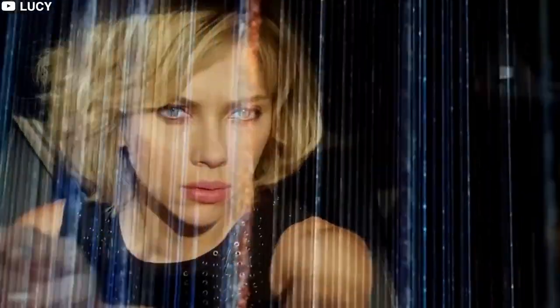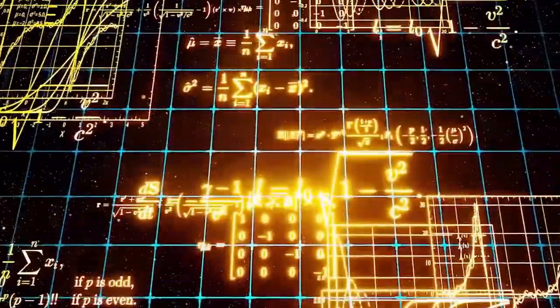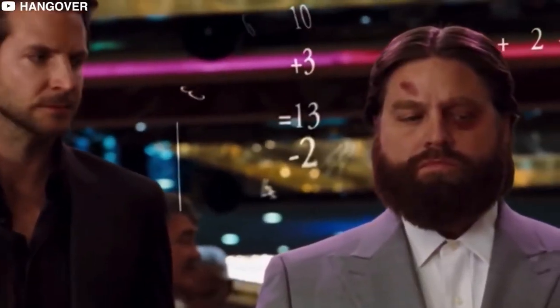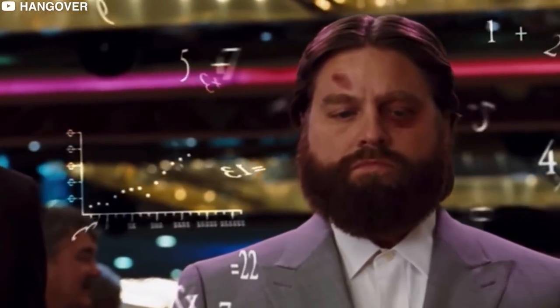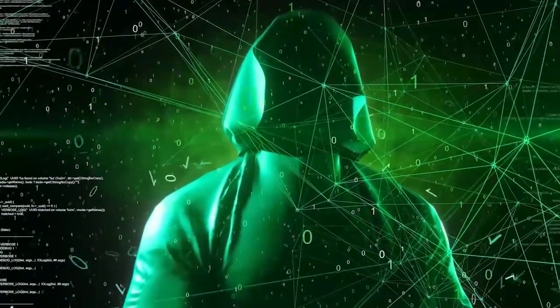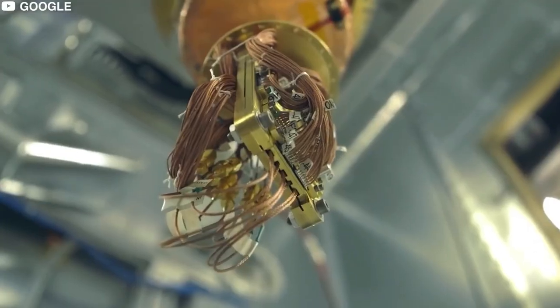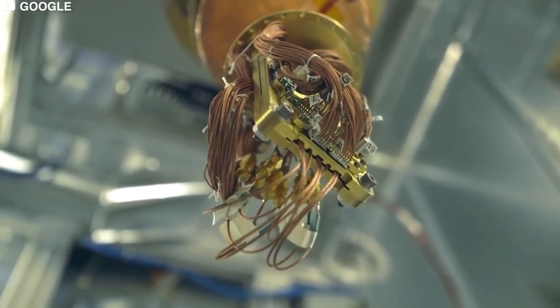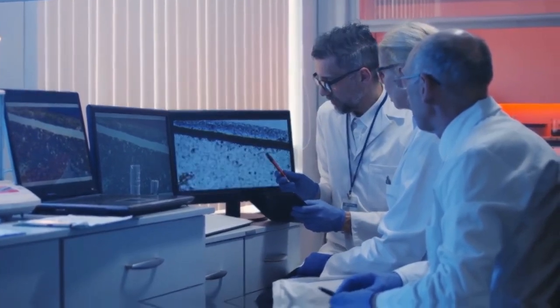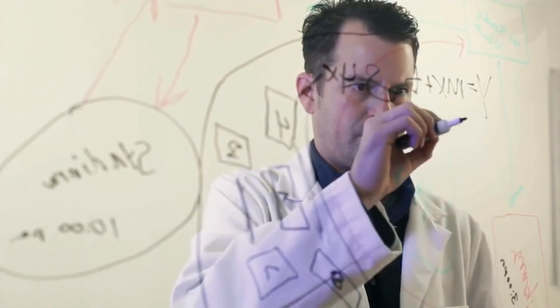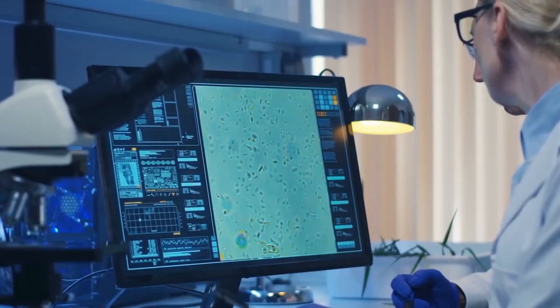Finally, let's touch upon drug discovery, one of the most promising applications of quantum computing. Quantum computing can be used to simulate complex molecular systems and accelerate the process of discovering new drugs. By simulating the interactions of molecules in the body, scientists can identify potential drug candidates and optimize their properties. This can greatly speed up the drug development process and lead to new treatments for diseases.